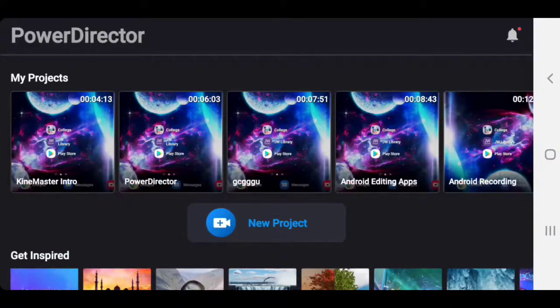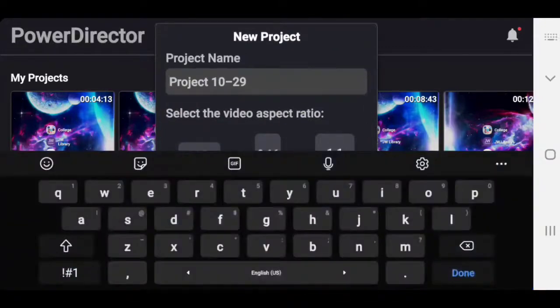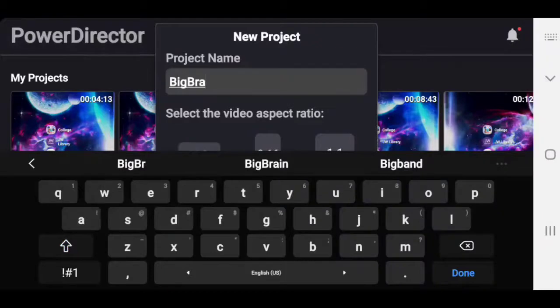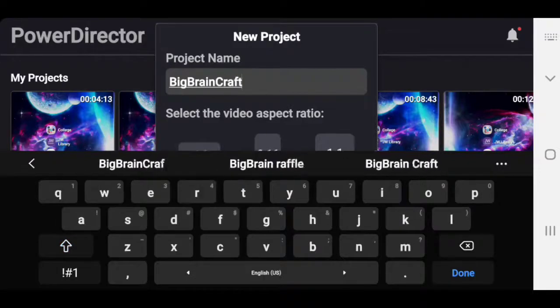In today's video, as I promised, we are doing a full video edit for an episode that will actually be put onto my other YouTube channel where I have all of my gaming stuff. So, it is for Big Brain Craft, which is one of my Minecraft worlds that I play on. This is a server, so Big Brain Craft, and we're going to do